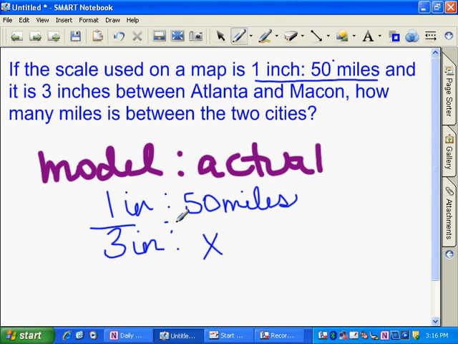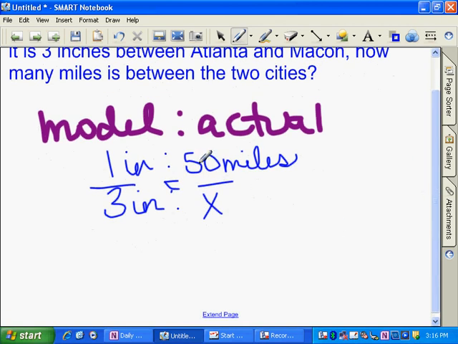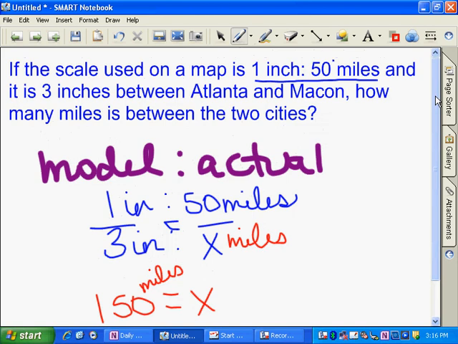So then again, here you have the proportion, and I'm going to cross multiply. 50 times 3 is 150, and then 1 times X is X. So that means it is really 150 miles between Atlanta and Macon. And don't go with me on that, or trust me on that exactly. I just kind of made up those numbers. That doesn't mean that's exactly how